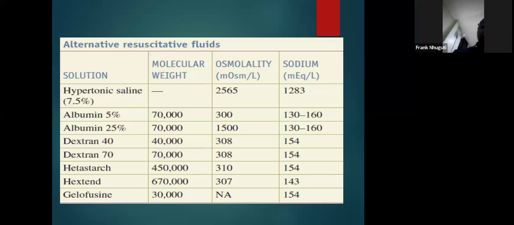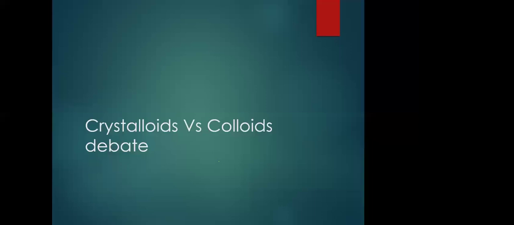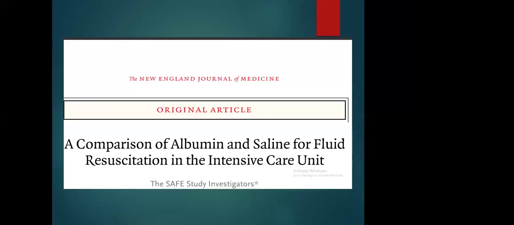And why people don't like colloids is because we are looking at sick patients, and we don't want these complications. But some of the patients might benefit from them, especially when we are doing a replacement, like patients with chronic liver disease. There was a debate about crystalloid versus colloid, and this was resolved by the SAFE